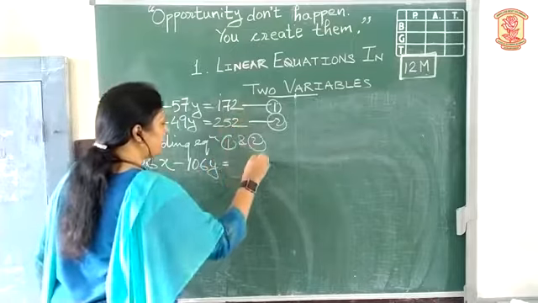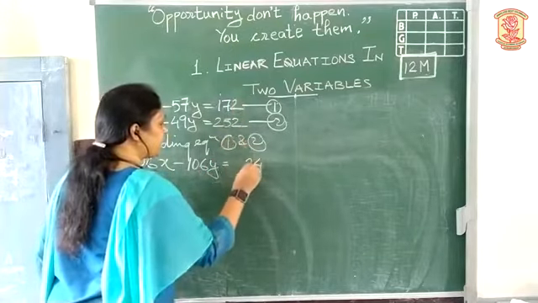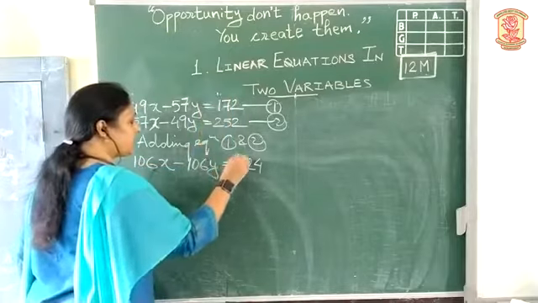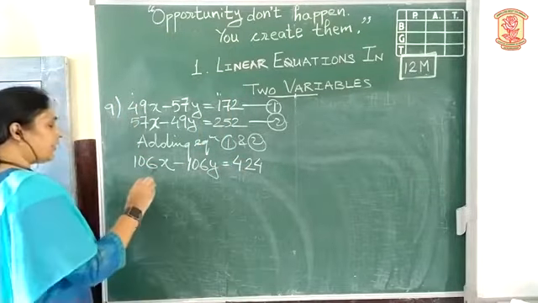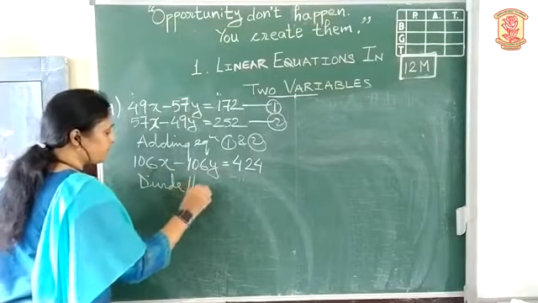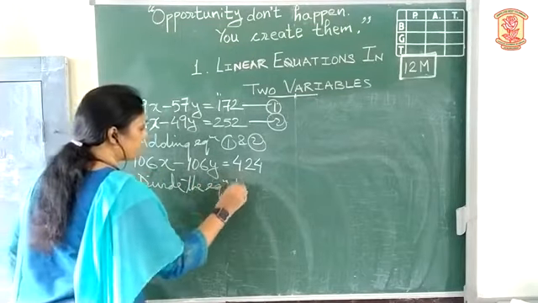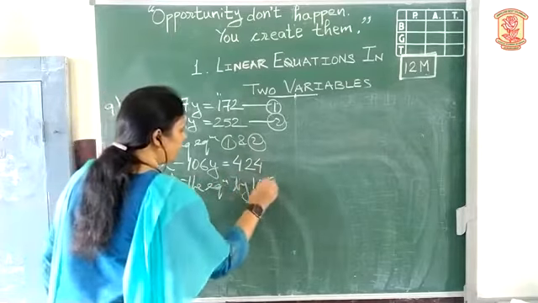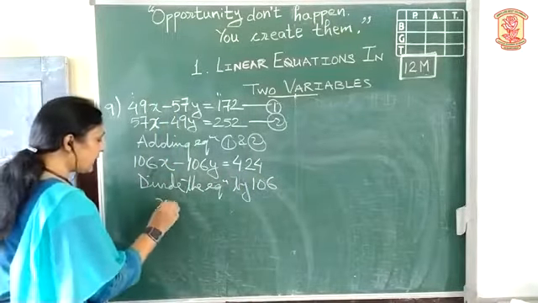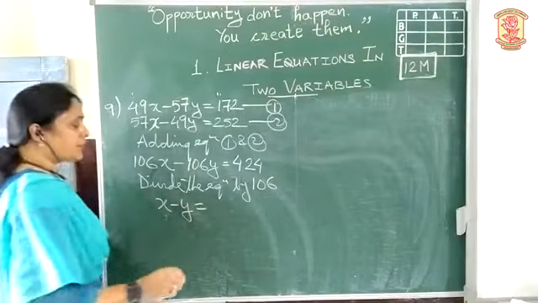And 2 plus 2 is 4, 7 plus 5 is 12. So here 2 plus 1, 3, and plus 1, that is 4. So divide the equation by 106. So what we get here? x minus y equals to